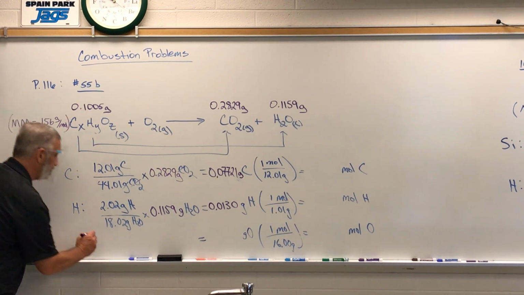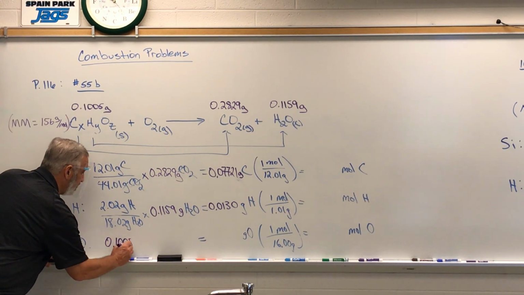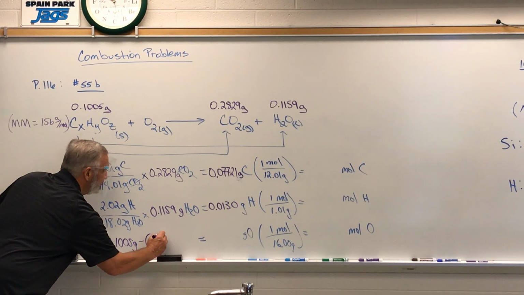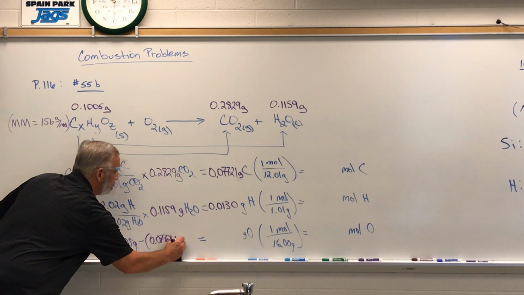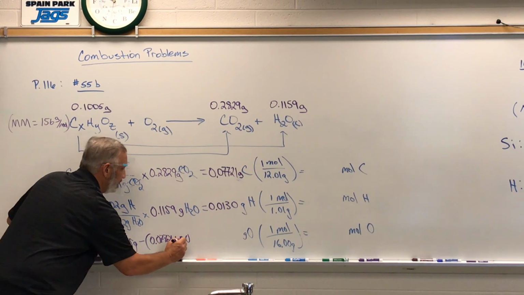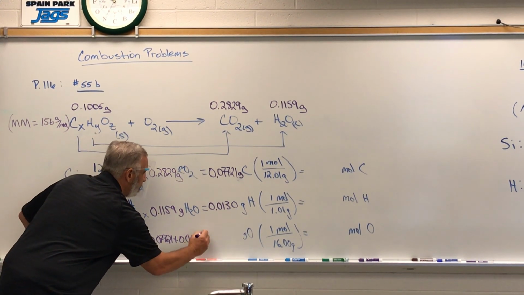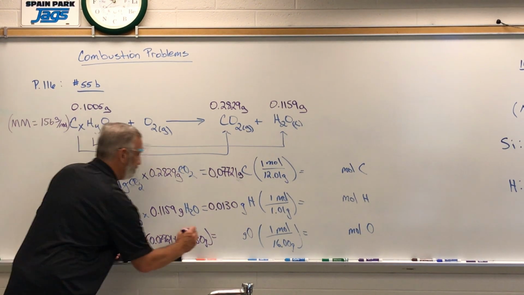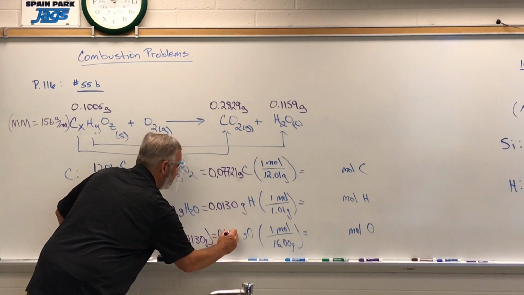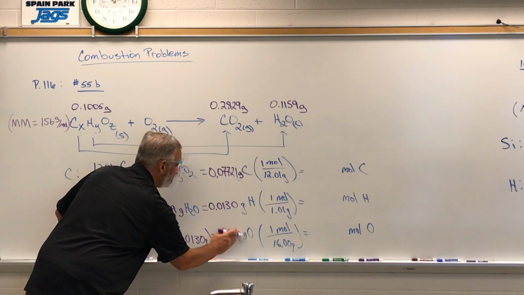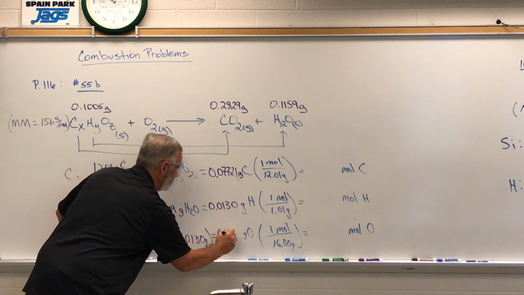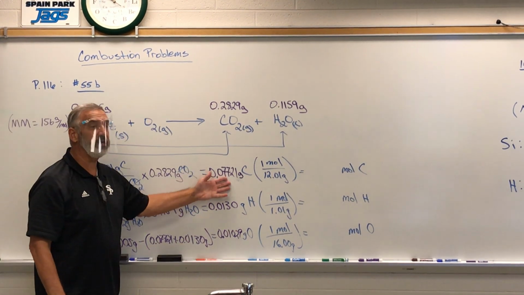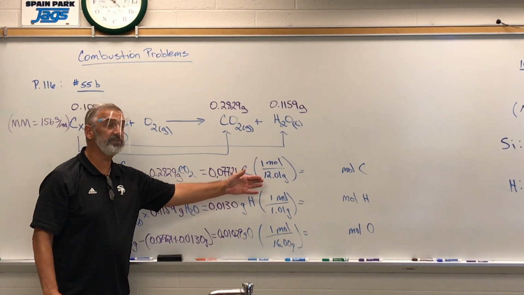Subtract from this. So it's going to be 0.1005 grams minus the sum of 0.07721 plus 0.0130, and that equals 0.01029. No, we're supposed to have 4 sig figs, 29 grams. Okay? So now we have grams, so now we're at the same point, so now we just use the